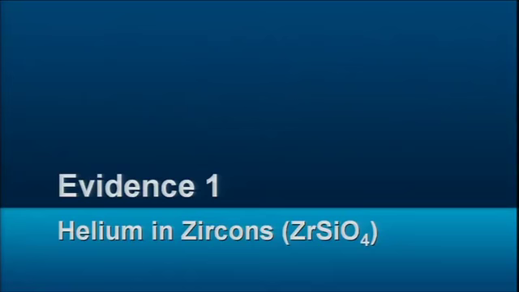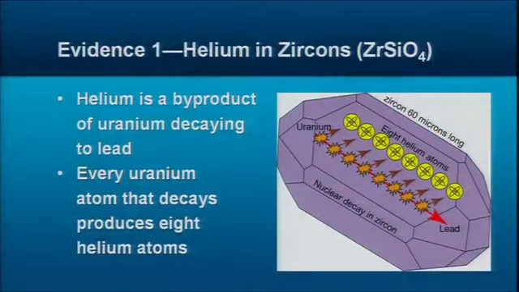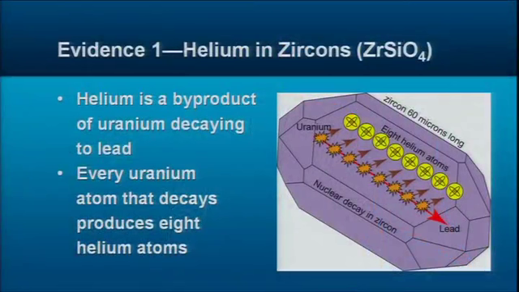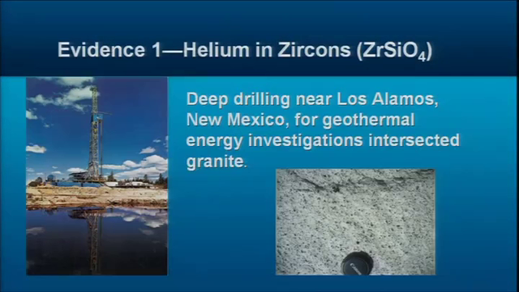Number 1, helium in zircons. Zirconium silicate is a little mineral called zircon. And in zircon, these zircon grains, they contain uranium. They're highly radioactive. And as the uranium decays, a byproduct of that decay is helium. So every uranium atom that decays actually produces 8 helium atoms as a byproduct. Now, some years ago, there were investigations into